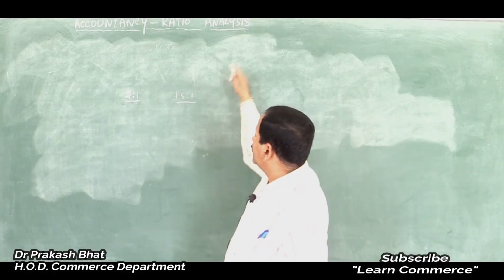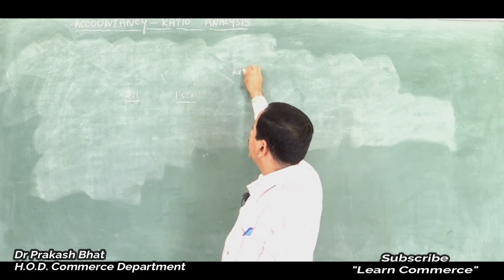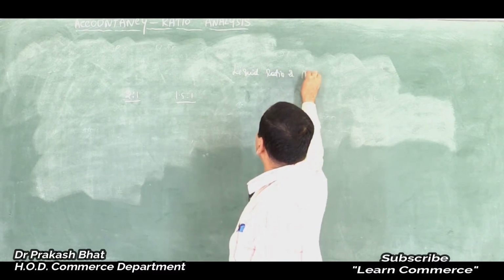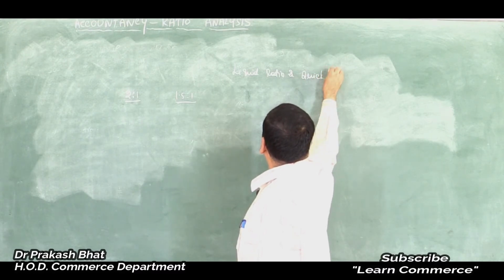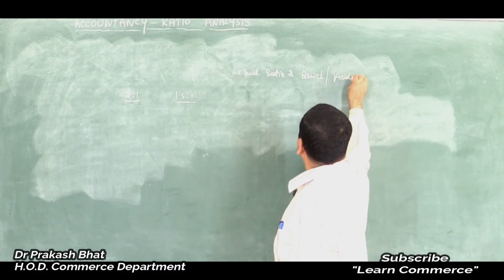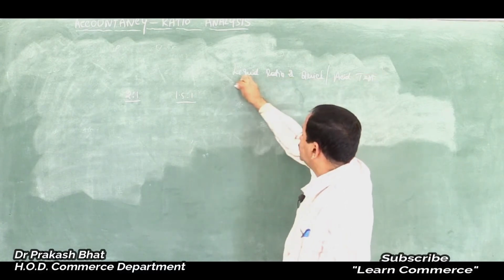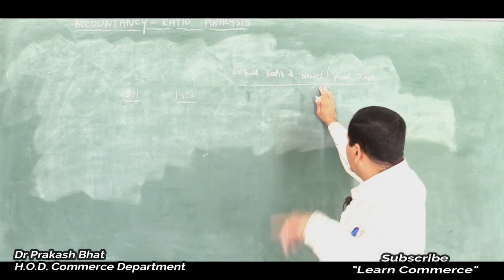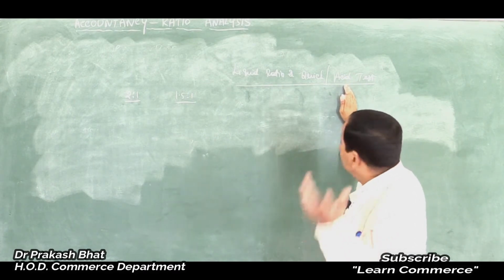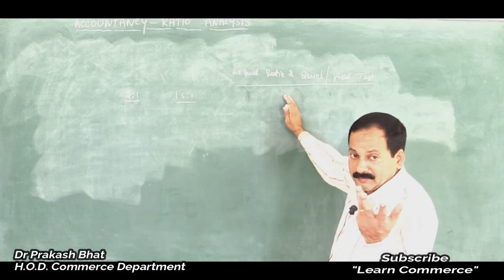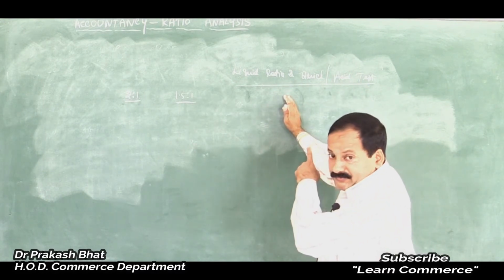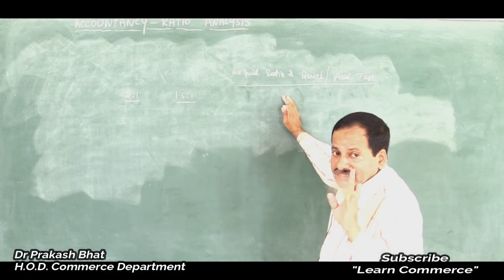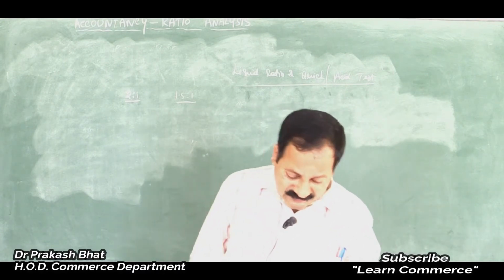Liquid ratio is the other name for the acid test ratio. Liquid ratio or quick ratio or acid test ratio. These are 3 names for this ratio. Remember this. They may ask you, calculate liquid ratio means quick ratio. Calculate quick ratio means acid test ratio, isn't it? Calculate acid test ratio means liquid ratio. They may ask you with any name. Don't get confused in the examination. Clear? Yes. Now, let us move on to the second problem.